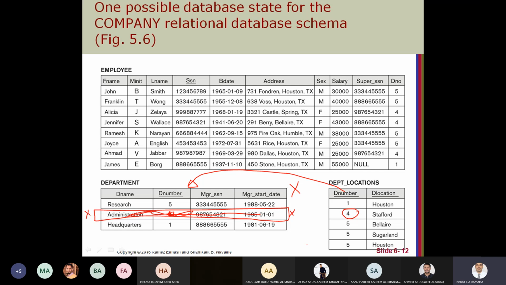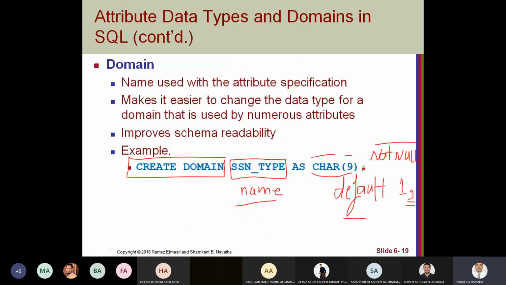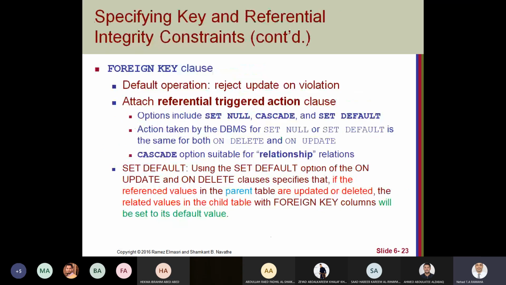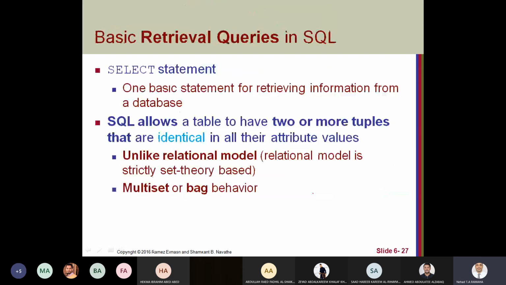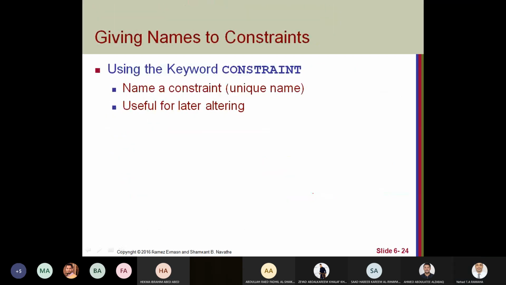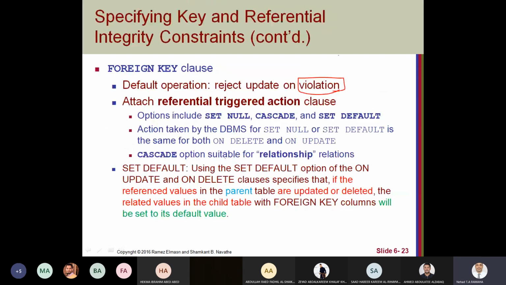What's the solution? I can give some constraint here. Sorry, I have to move up and down to see the examples.